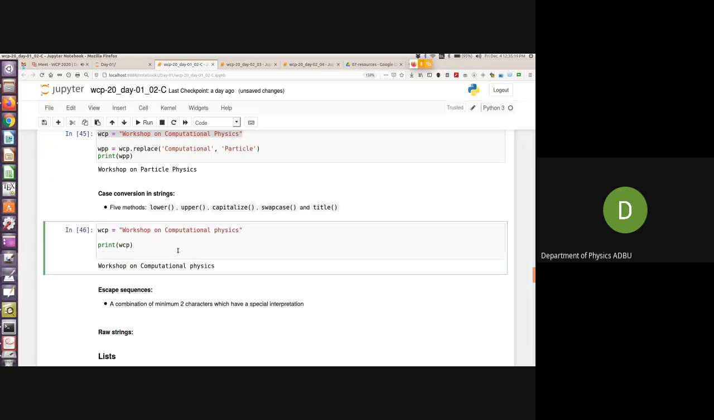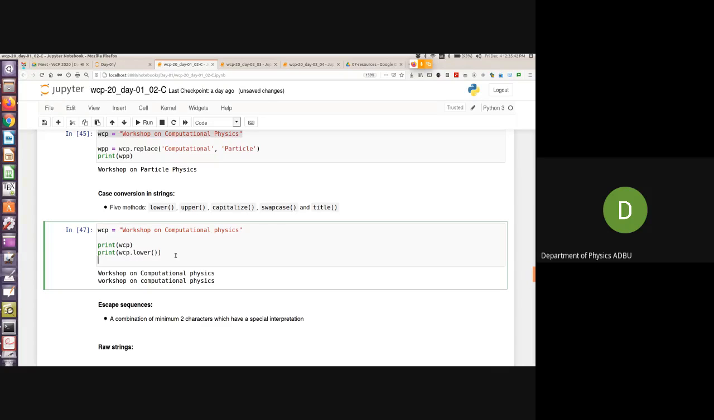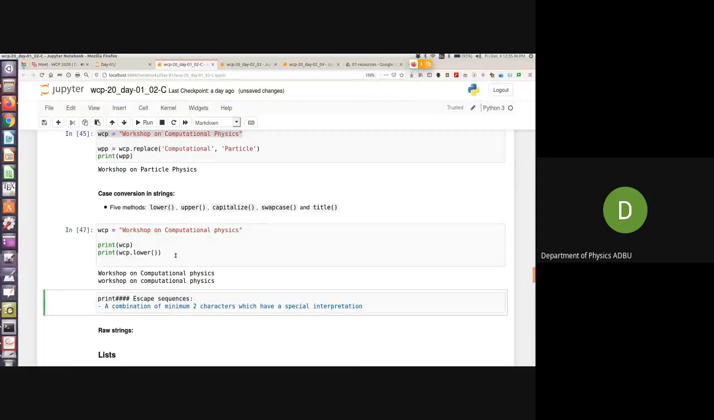Now I want to print this. Print WCP, but this time WCP dot lower. And when I do that, everything becomes lowercase. W was capital earlier, it now becomes small. Then C was capital, it becomes small. So W and C have become small. Similarly, we could have print,